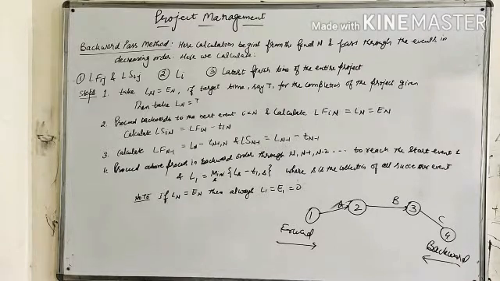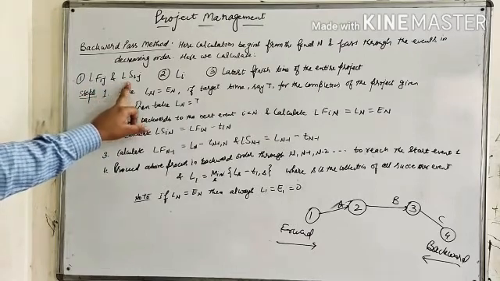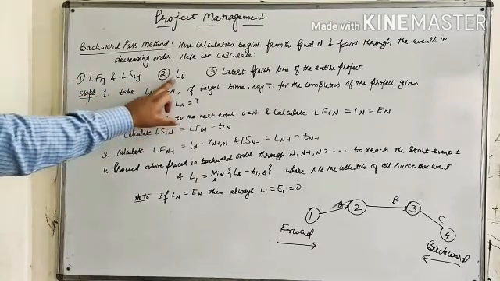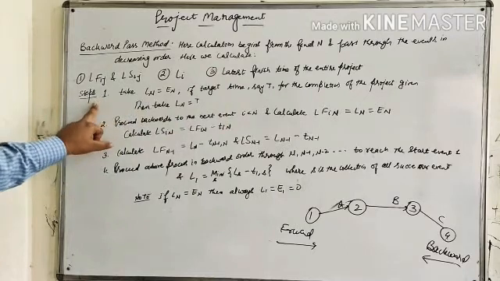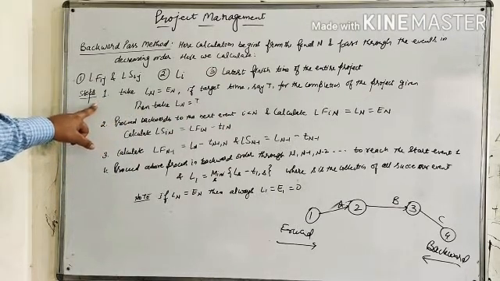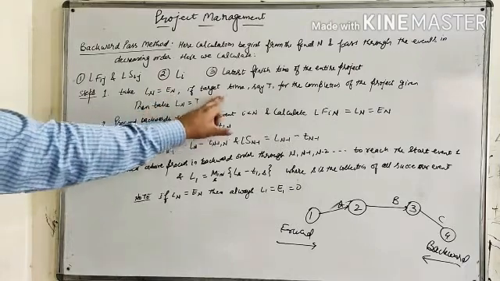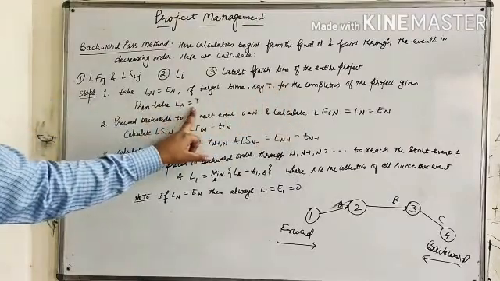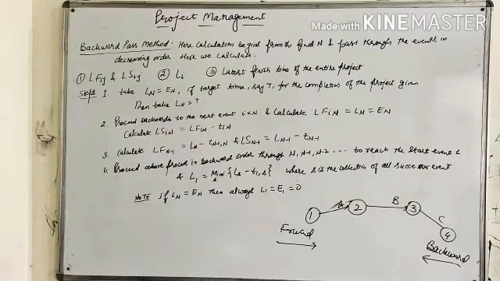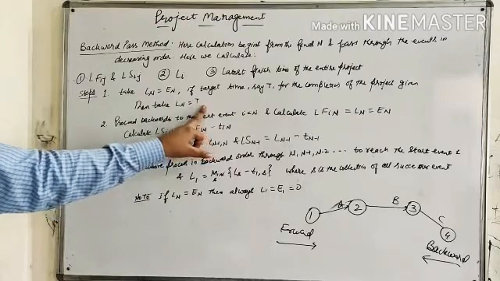Here we calculate the latest finish and latest start time for each activity, that is, LFij and LSij. Number 2, the latest occurrence time of an event, Li, and number 3, the latest finish time of the entire project. So here some steps are considered. Step 1: take the latest occurrence time of the last event capital N equal to the earliest occurrence time En, that is, Ln equals En. If a target time, say capital T, for the completion of the project is given, then take Ln equals T. If the target time is not given, then we take Ln equals En.